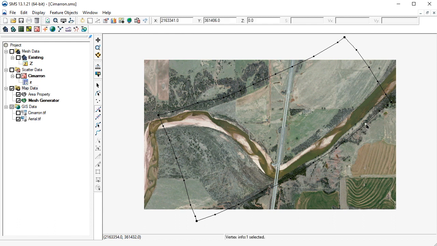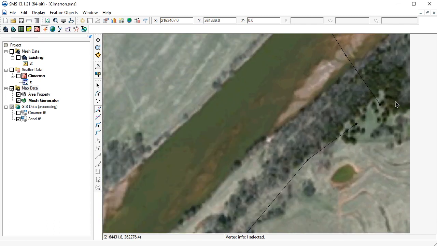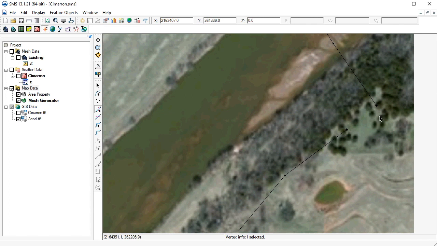Polygons are built by creating one or more feature arcs to form an enclosed loop, or loops. In this case, while digitizing our arcs, we failed to snap the endpoints properly to close the loop. To fix this issue, we will use the Select Feature Point tool to click the end node of the lateral arc and drag it so that it snaps to the node of the downstream boundary.